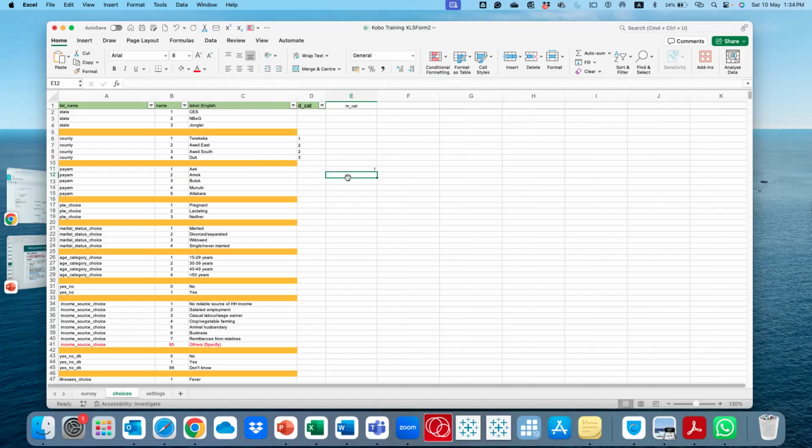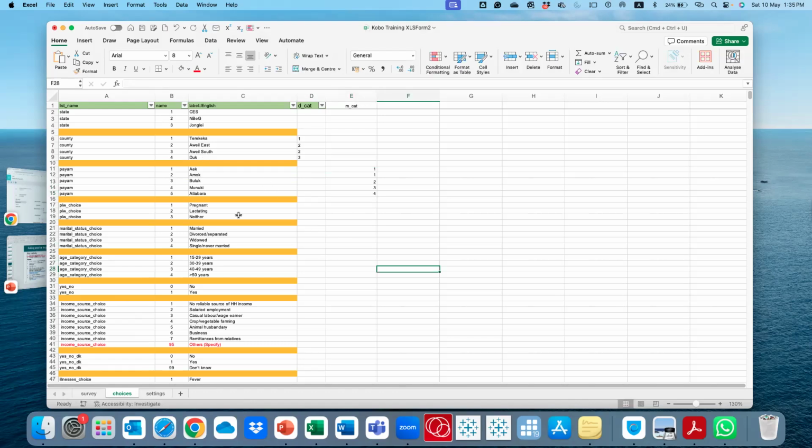And if Amok is also in Terkeka, it is 1, something like that. And if Buluk is in, say, Awil East, it will be 2. And Munuki, for example, if it is in Awil South, will be 3. And if Adlabara is in Duke County, it will be 4.